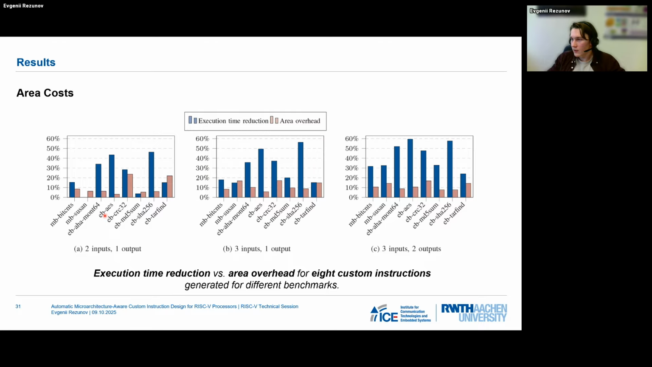So here's a figure that compares both of these, so execution time reduction versus the area overhead for 8 custom instructions generated for different benchmarks. Of course, you cannot compare these values directly, because in the end, the priorities depend on the requirements to the design. However, we use this figure to show the different trade-offs for different benchmarks that you can have from implementing the